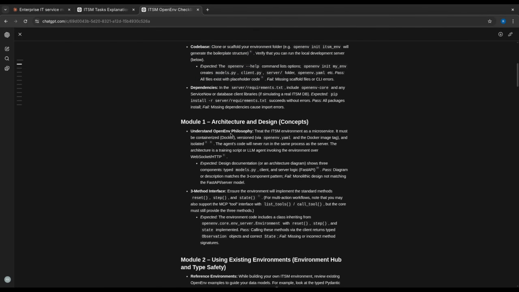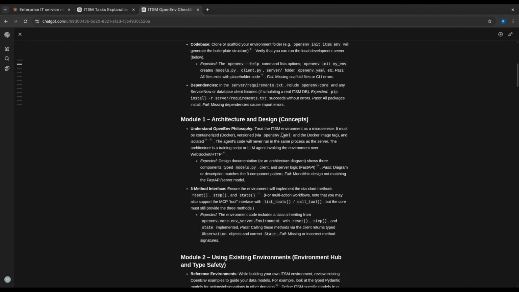Architecture and design: understanding the OpenEnv philosophy, treating the ITSM environment as a microservice. It must be a containerized version, and isolated.